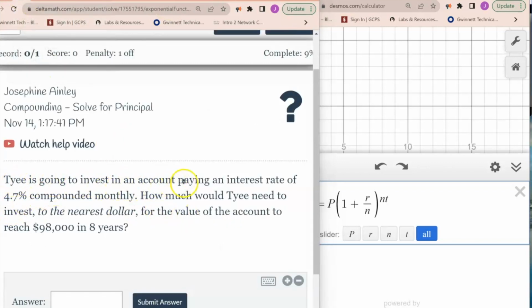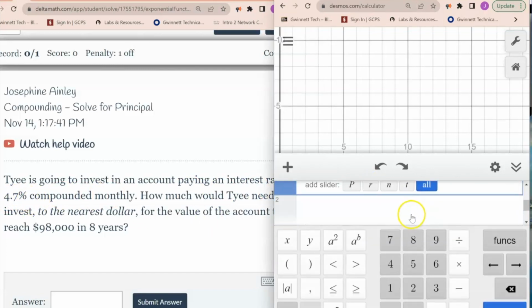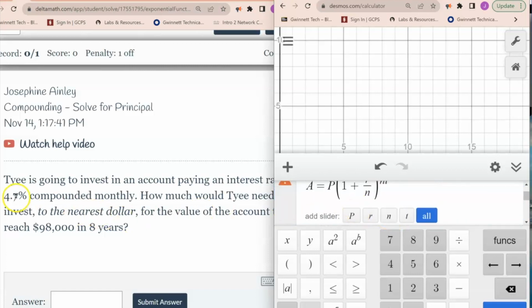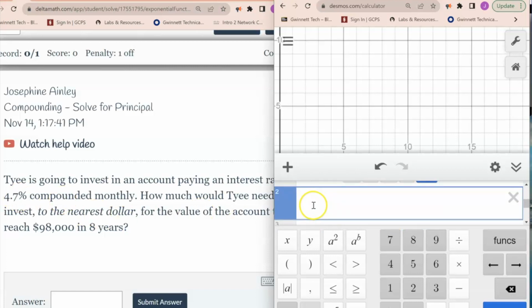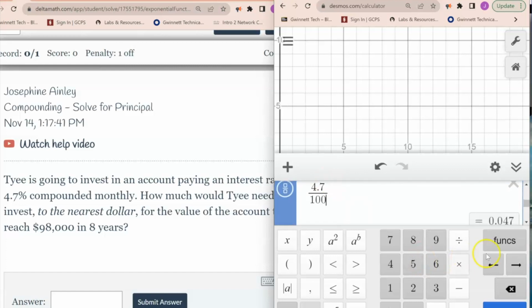Terry is going to invest in an account paying an interest rate of 4.7%. Okay, so that's an interest rate, so it goes right here. But again, remember, you cannot put the percent in the calculator. You actually have to find out what it is. So that's 4.7 divided by 100. And that's the number you put in as R, so 0.047. So you come right here, delete